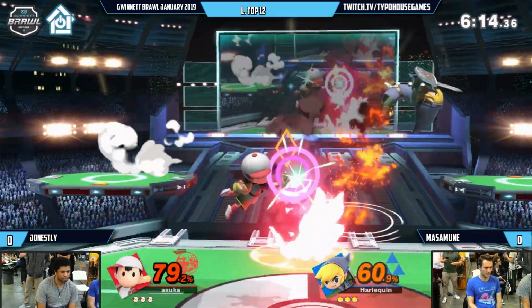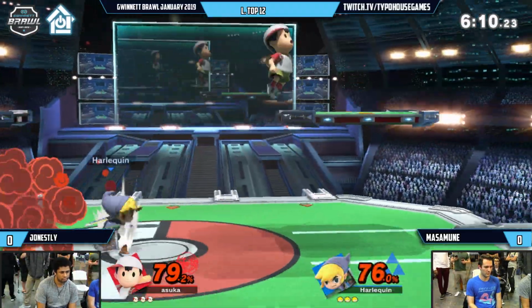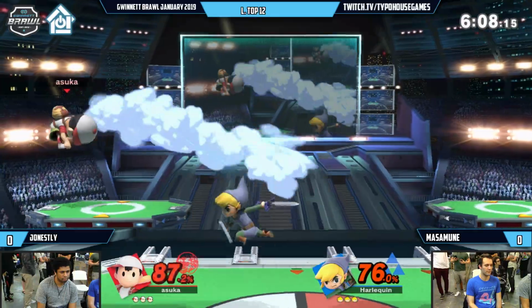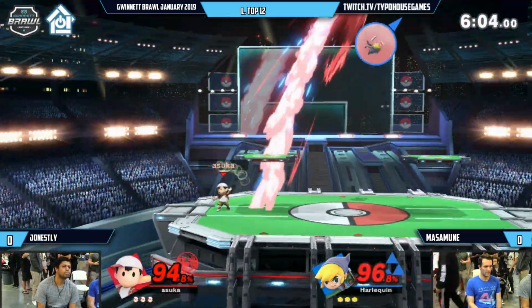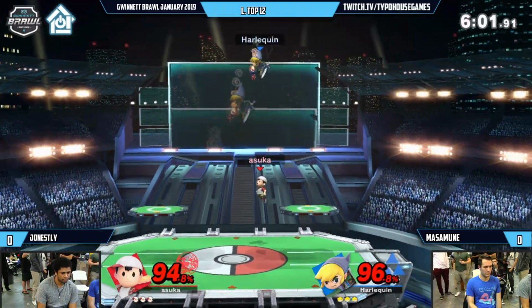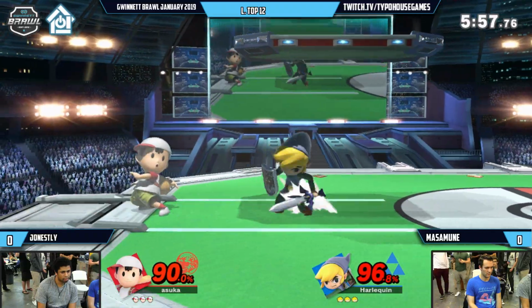I'm not gonna pretend I'm an expert. Ness does have a reflector, and it is double the power, but it's usually not worth using just because it's so laggy. And you probably have to get a pretty hard read on it too, because it has a pretty decent amount of startup. Of course, you're very much rewarded for it, but